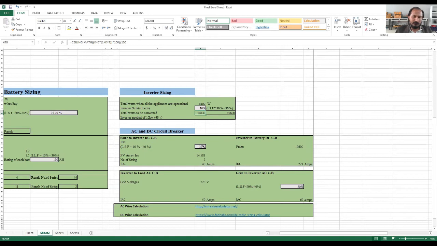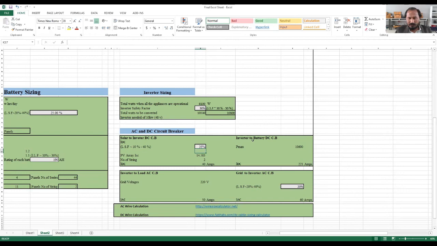This load safety factor depends upon your load, how efficient the load is and how the loads vary. So if I put about 35%, it will change it.